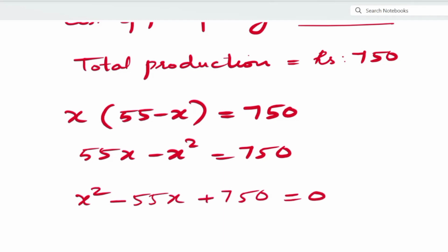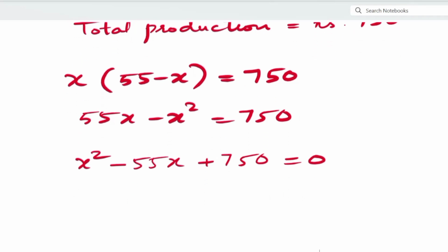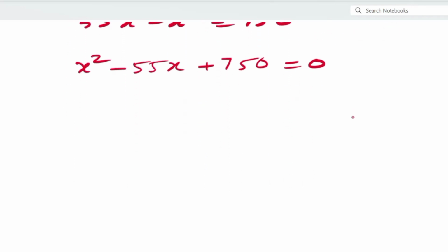So now what product should you get? The product should be 750 and the sum or subtraction should be 55. So what are the multiples of 750 that will add up to 55? Can you think of the multiples of 750? There are many multiples, right? Among that, if you take 25 and 30,